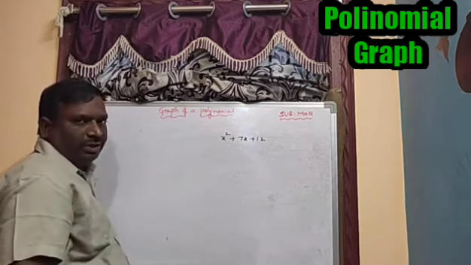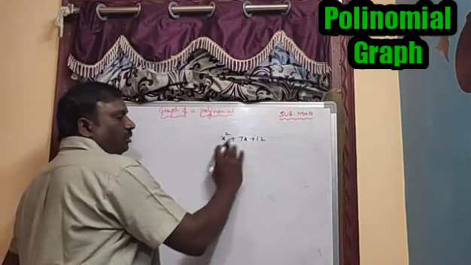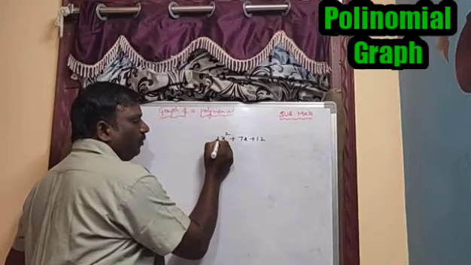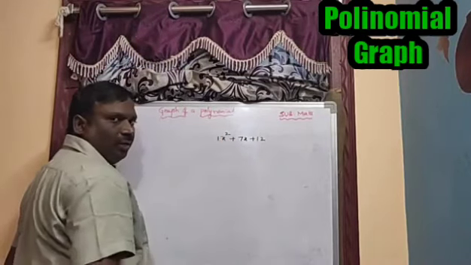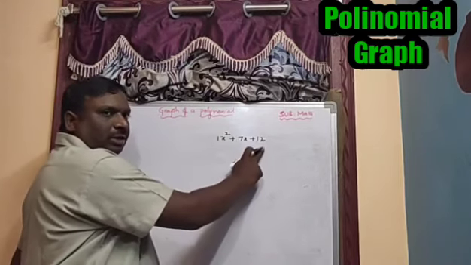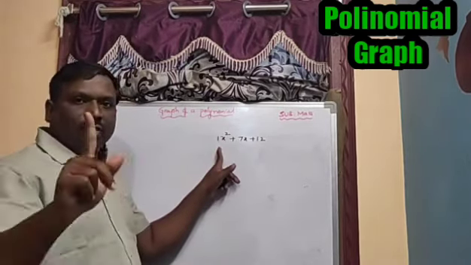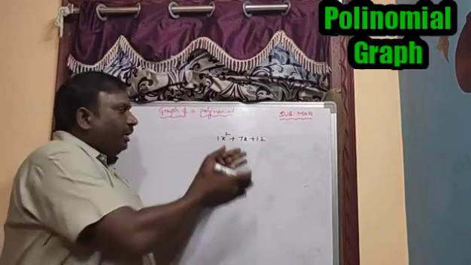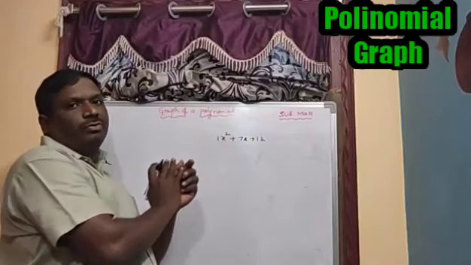Finally, we have to write the justification also. So, factorization: if there is no coefficient of x square, we have to take it as 1. Multiply the x square coefficient and the constant term. What is the x square coefficient here? 1. What is the constant term here? 12. When you are taking the term, we have to take the sign also.